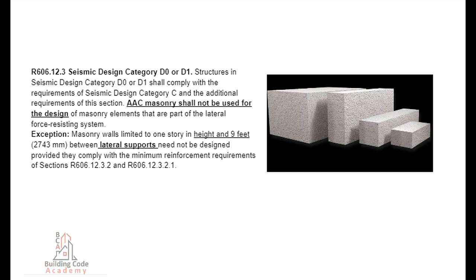R606.12.3 Seismic Design Category D0 or D1. Structures in Seismic Design Category D0 or D1 shall comply with the requirements of Seismic Design Category C and the additional requirements of this section. AAC masonry shall not be used for the design of masonry elements that are part of the lateral force-resisting system. Exception: masonry walls limited to 1 story in height and 9 feet, 2,743 millimeters, between lateral supports need not be designed provided they comply with the minimum reinforcement requirements of sections